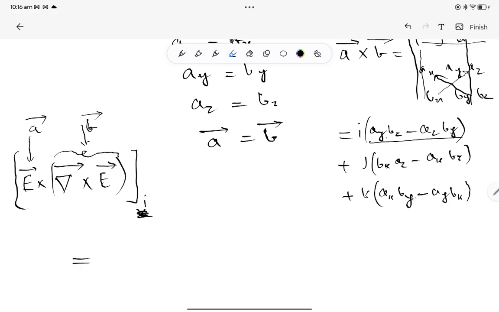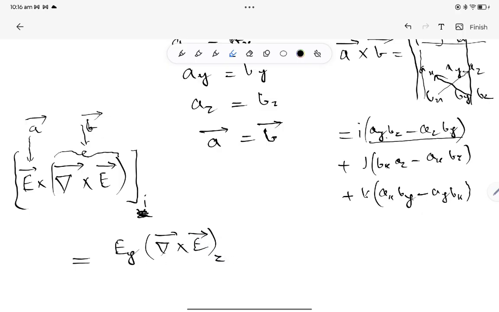That will be equal to, you can now see for yourself, the y component of the first vector A, the z component of the second vector, the y component of the first vector, Ay, the z component of the second vector, Bz,